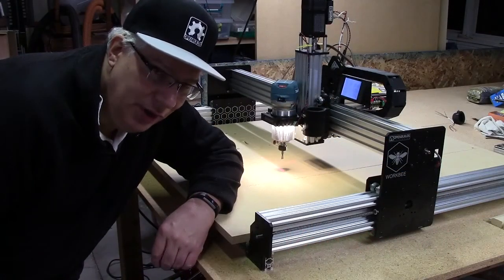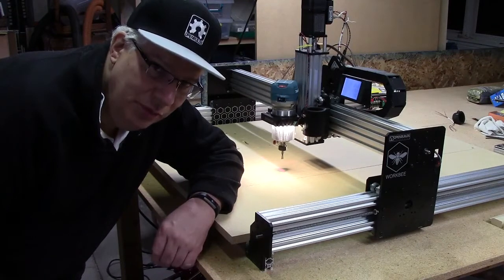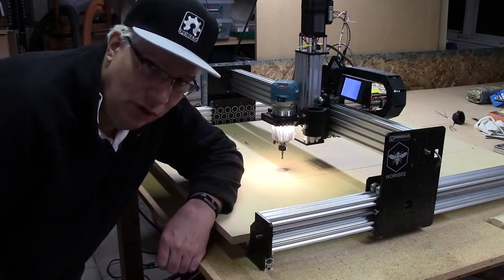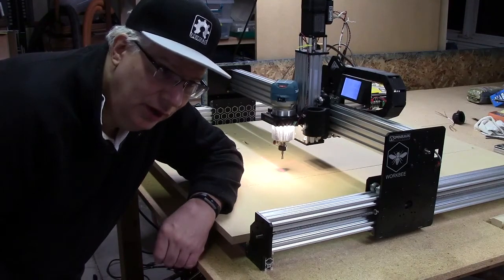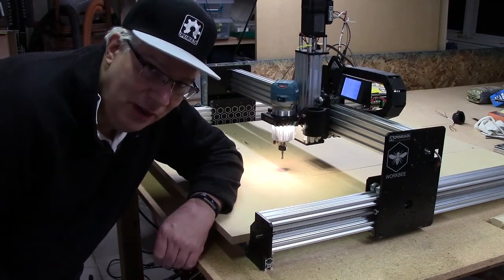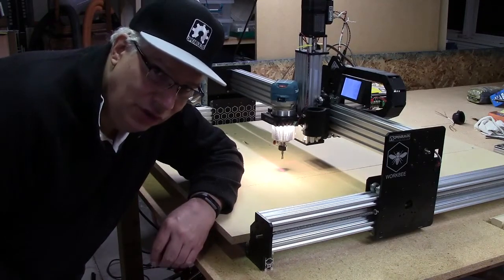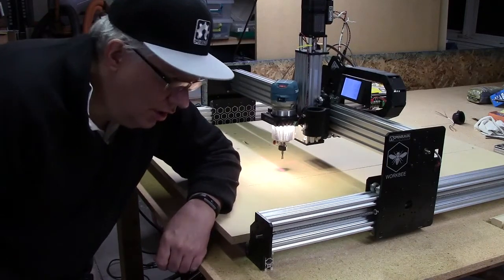I'm out here in the shop and I've got my Hyatt machine, which is an Openbuilds Workbee1010, and I made some more improvements to it, and I'll go ahead and talk a little bit about those because I know a lot of people have been waiting for this thing to get going, but they also like to follow the progress. So first thing is,